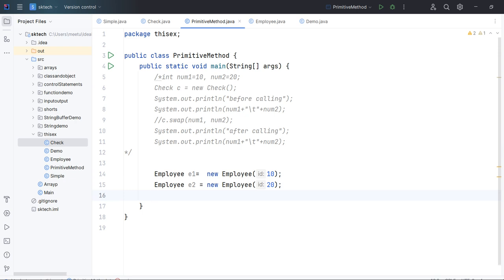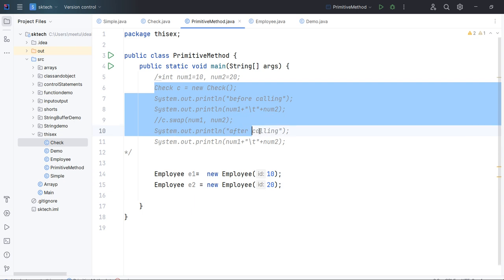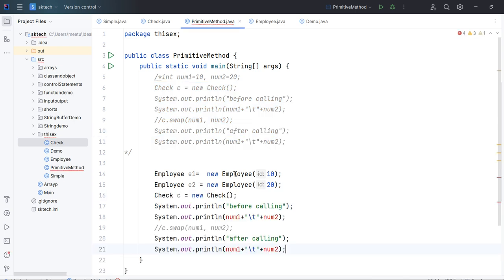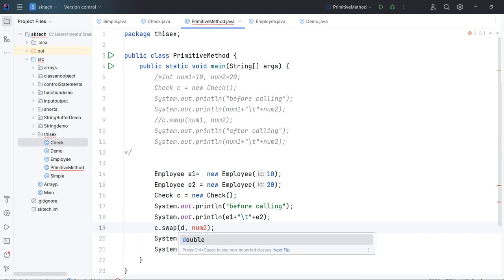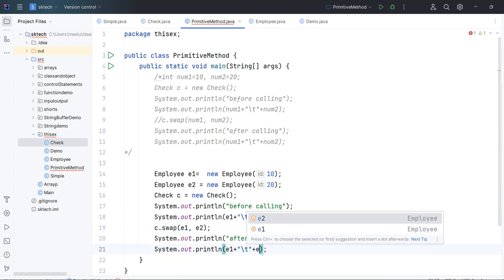And similar to the primitive data type, let's print it. How can we do it? Just copy and paste this part again. First we created the object of the check class, then we print it. Instead of number 1 it should be e1 and e2, and call this method with e1, e2, and again e1, e2.